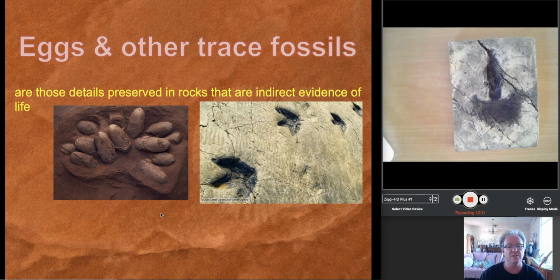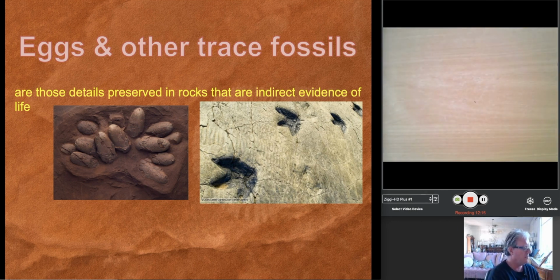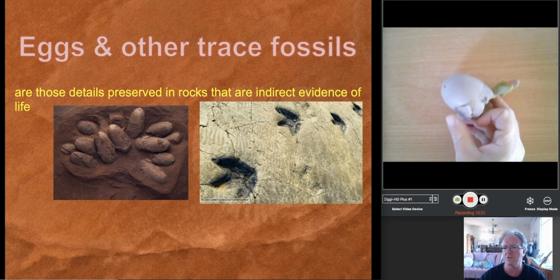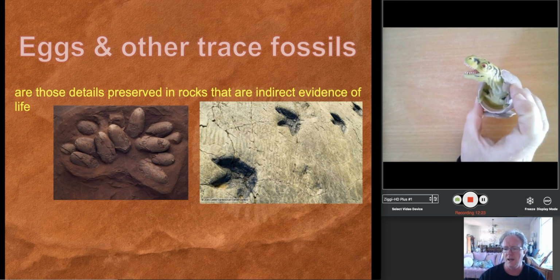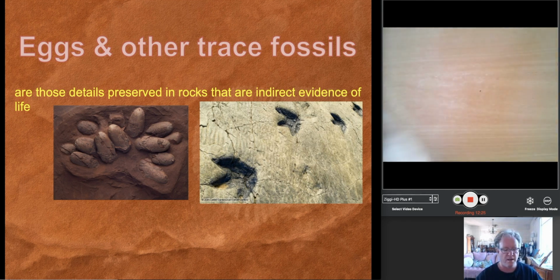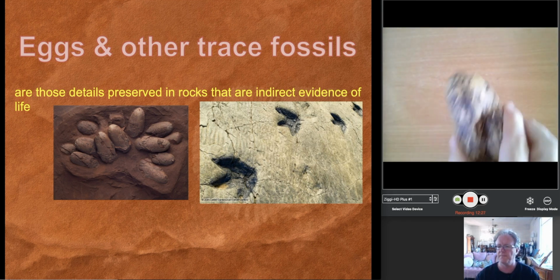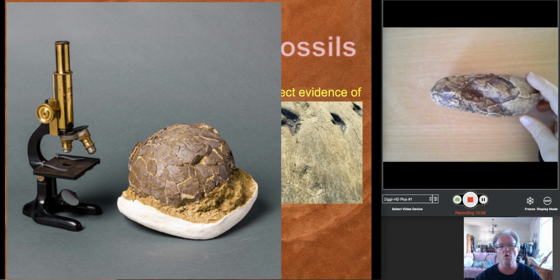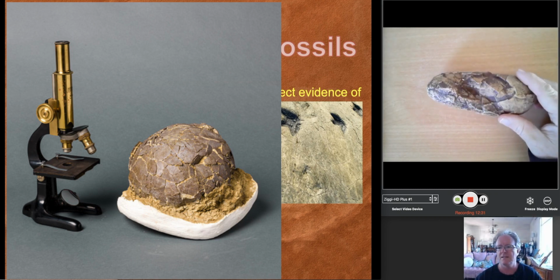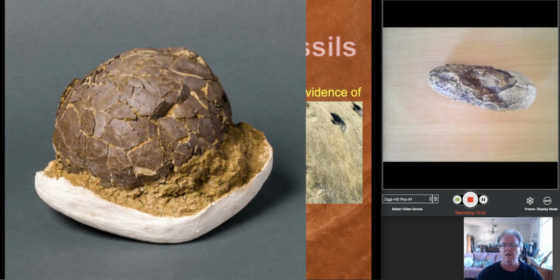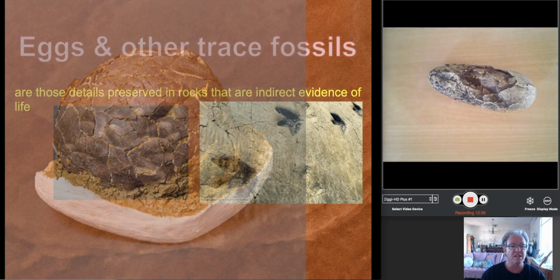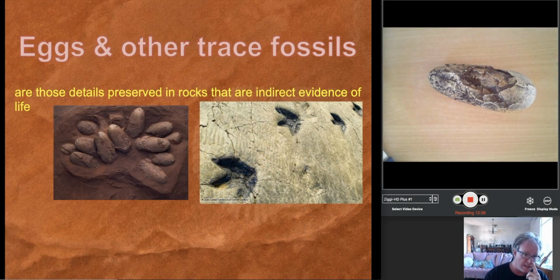Then we have eggs. You can see there's a clutch of eggs. And so this is just a toy, right? This is just a toy, there it is, of an egg. There you go, a little dinosaur coming out, right? But then if we have a look at a fossilized egg, this is an oviraptor egg, and this is just one fossil, whereas we have a clutch size on the screen there, and with that we can find a lot of